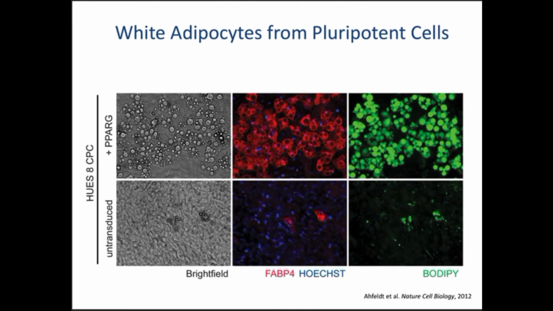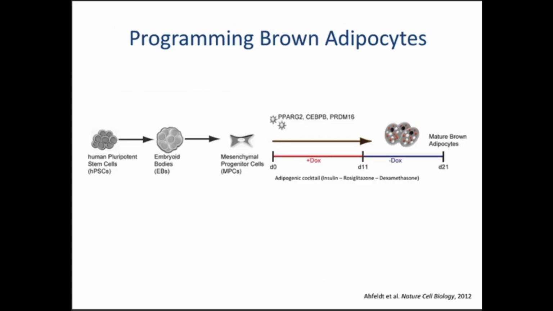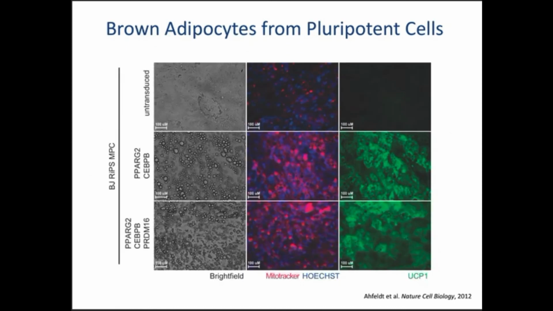This works not just for the white fat that's involved in most metabolic disease, but this other really interesting fat that people are now becoming more and more interested in, which is brown fat. You can add the transcription factors that we think are essential for that and get something that is able to store lipid, but rather than just storing lipid like fat does, it actually uses that lipid to produce heat. That's what brown fat does in babies, and if you're lucky enough to have some as an adult, that's what happens if you get cold in a room before you start shivering. In non-shivering thermogenesis, this stuff burns that energy and creates heat. And it's known to be really beneficial. The more of that you have, the lower your risk of a lot of the metabolic complications I've talked about.